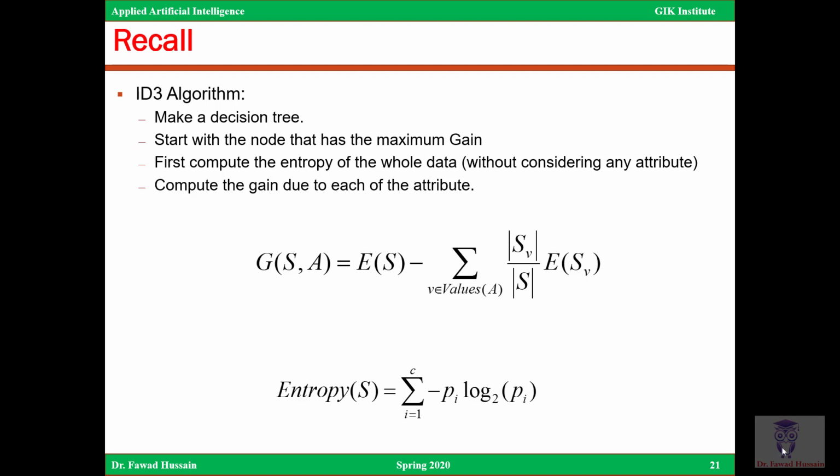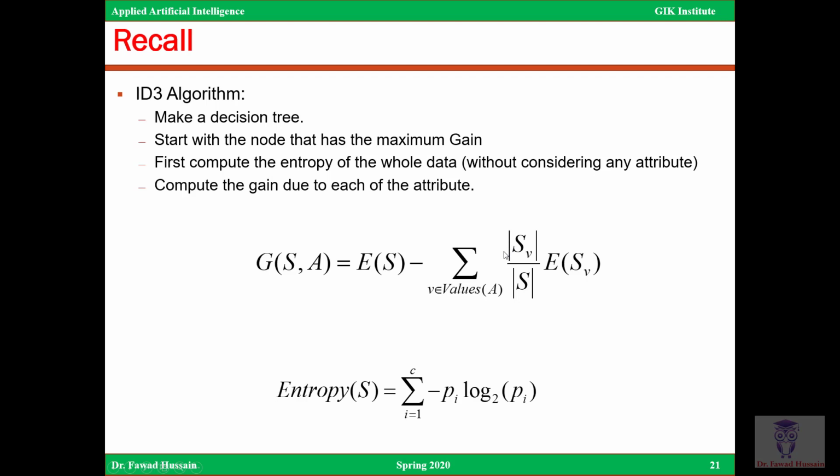So the second lecture about the ID3 algorithm for decision trees. If you recall, in the last lecture we discussed the decision tree algorithm, and we said that to make the decision tree, the first and most important thing is to figure out the attribute on which you will split at the root node, and then the next set of nodes until you reach the leaf nodes. For that, we discussed entropy, a measurement of how uncertain the data is. Once you measure the entropy on the original data, here I write it as E of S, where E stands for entropy, the entropy of the original data without using any attribute minus the entropy you get from